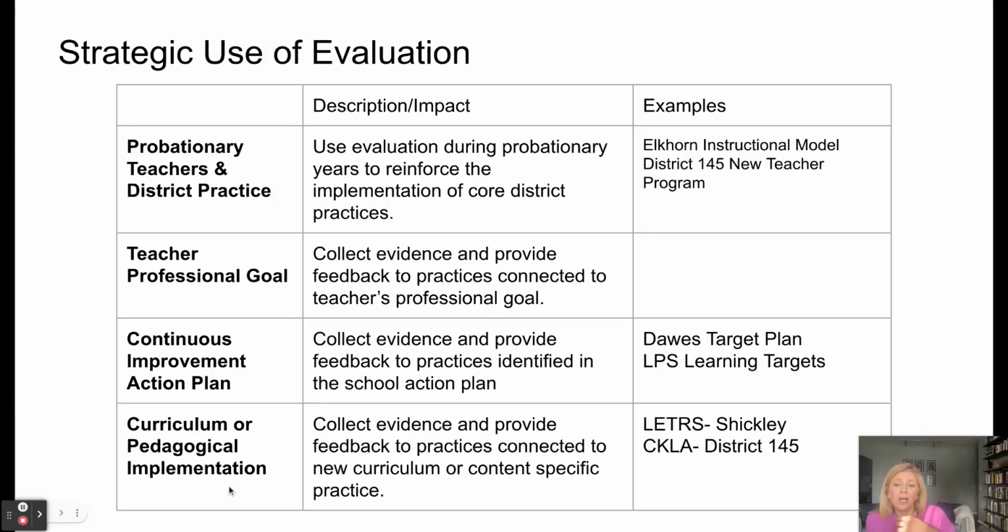A final approach might be a curriculum or pedagogical implementation. And so Shickley teachers are learning about letter strategies. And so then to reinforce the implementation of that, evaluators can give feedback to those strategies. The principal at the intermediate school during the CKLA implementation for 2 years collected evidence for teachers and evaluation around